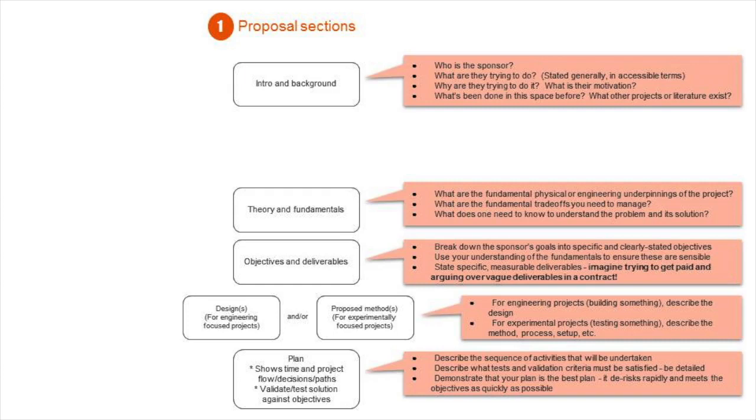The one thing I will call out is that bolded text in the objectives and deliverables. Really try to make this specific. Try to close your eyes and imagine using your deliverables. I know that sounds a little funny, but it's a really good way to add some specificity to this. And another good way